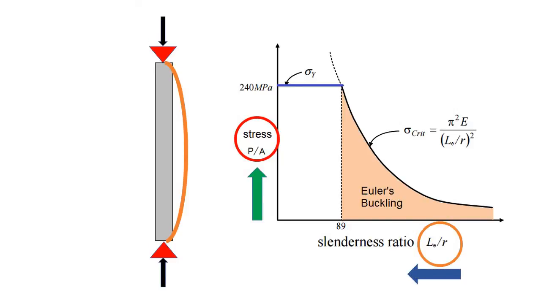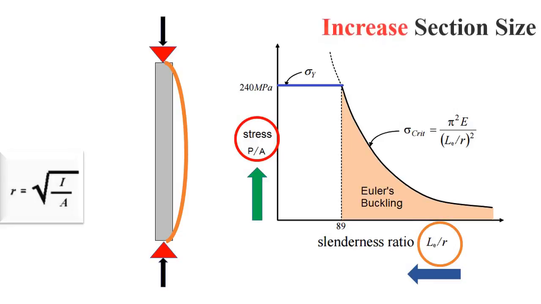Got it? Now tell me, here you can see that in the formula, slenderness ratio is nothing but the ratio of effective length and the radius of gyration. So if we increase the radius of gyration, or r, the slenderness ratio is reduced. Also, r is a function of moment of inertia, or I. So if we increase the I, or the moment of inertia, we can increase the radius of gyration, or you can say we can reduce the slenderness ratio. So one option is to simply increase the moment of inertia or the section size.